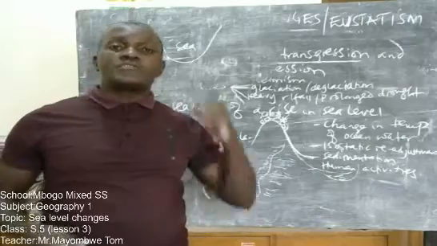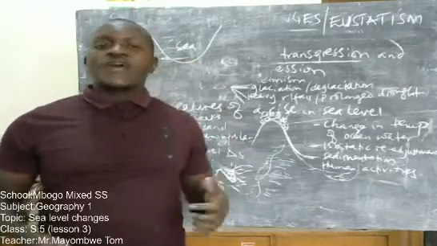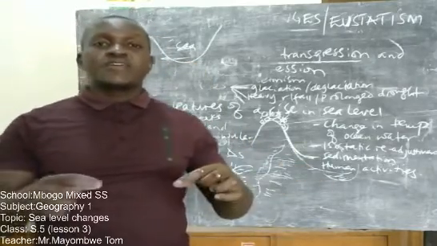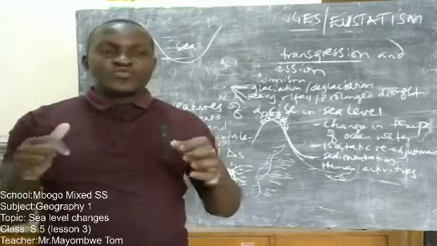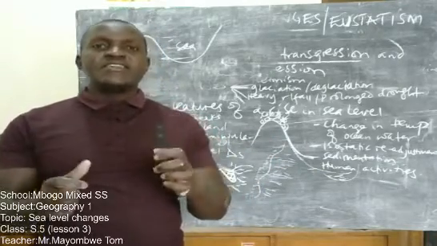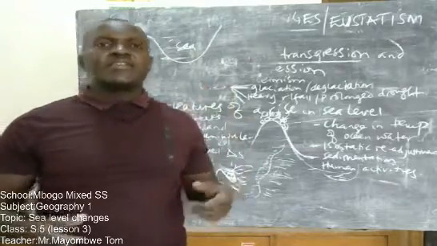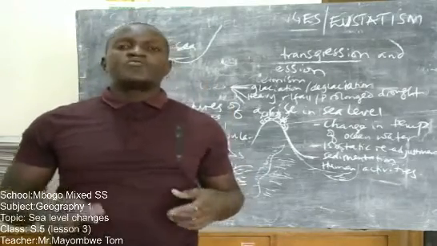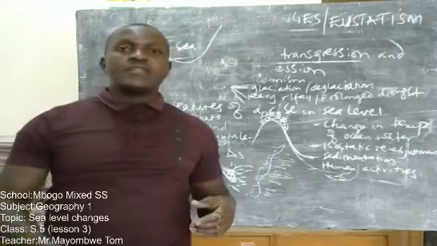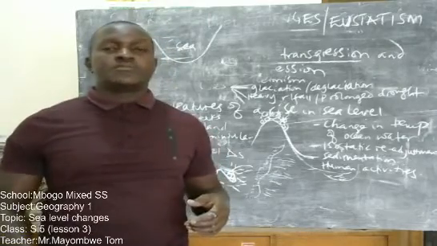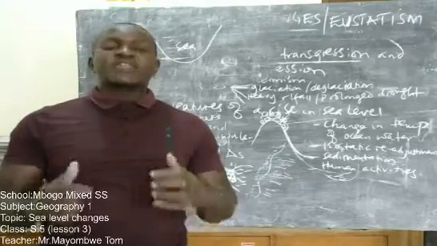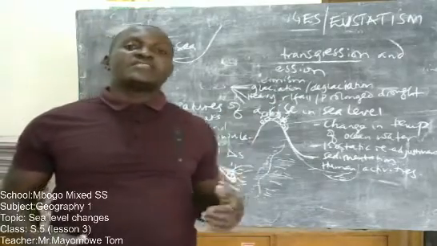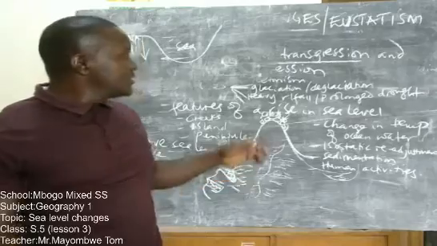Then you talk about convergence of tectonic plates due to the compressional forces, which makes the seabed to contract, leading to a rise in the sea level. You talk about downwarping of the land near the ocean, which makes the seabed to contract, making the water to be pushed upwards, and then a rise in the sea level. Then 2,